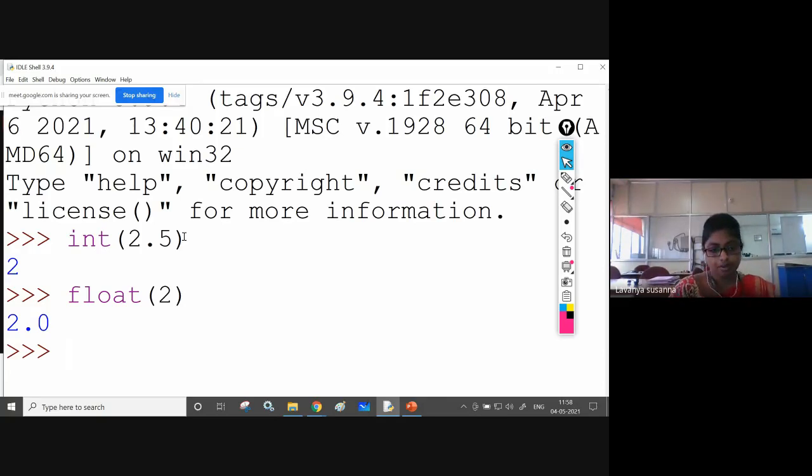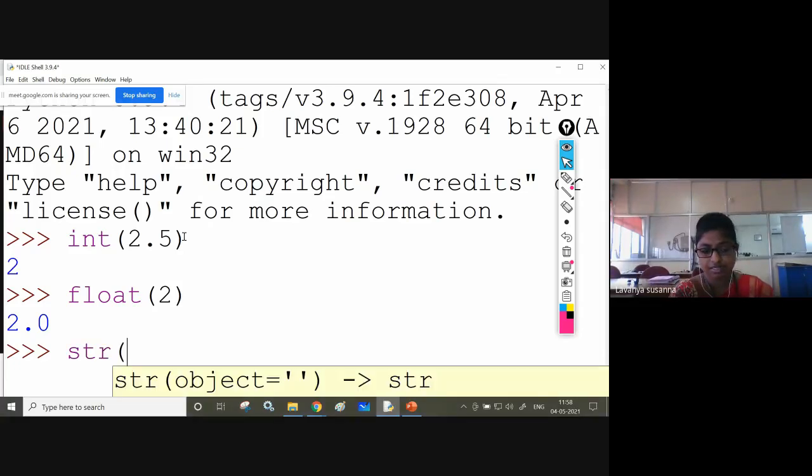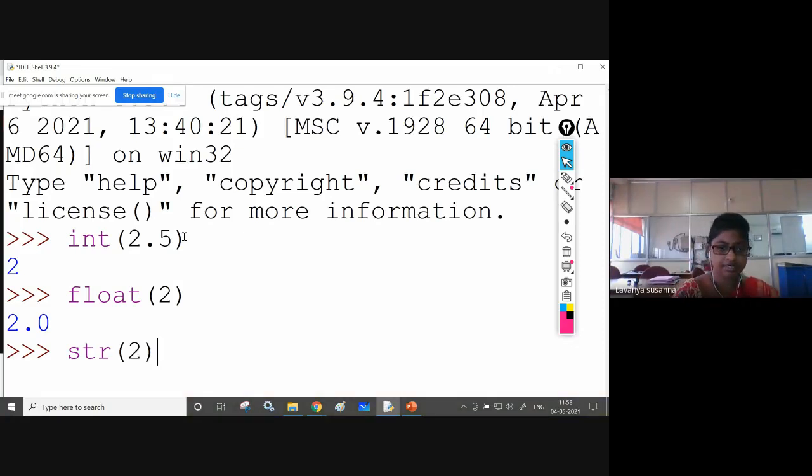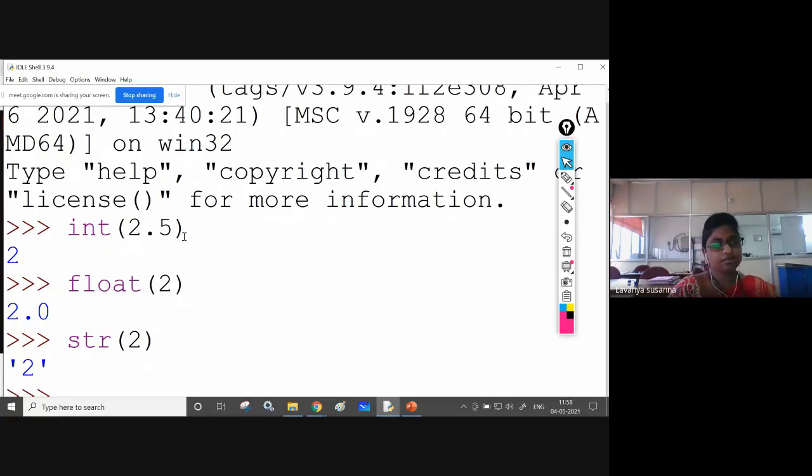Next one is str. You need to use str. Example, I am passing the integer 2. See what is the output? We got it in single quotes, right? Here 2 is taken as a string. str will convert whatever you give into a string. Okay, next.